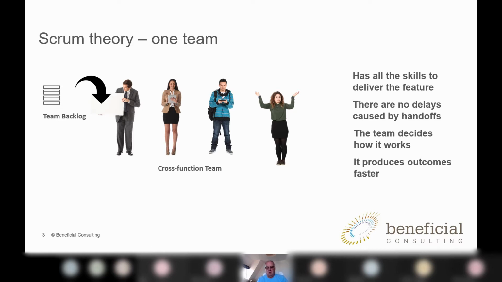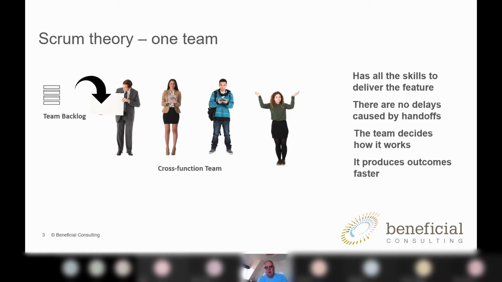So basically what we're trying to do is operate that team from a team backlog, and pass work items in that backlog from one activity to another, such that at the end of each sprint we've got the outcome that we designed.